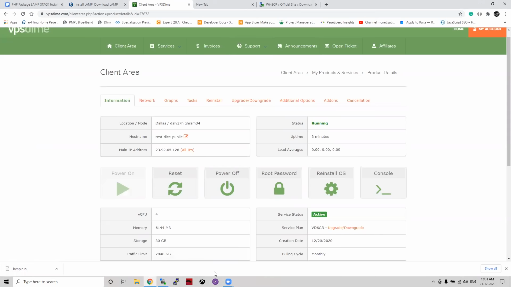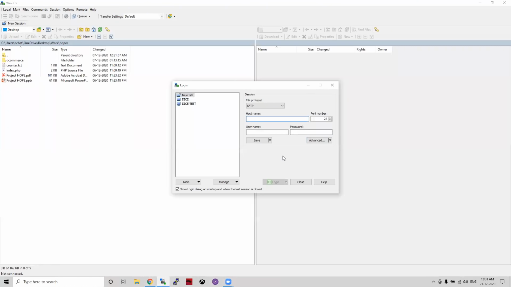So we need to upload this file here. If we upload it here, then we can run those packages on the server itself. So how do we do it? Based on the username and password.